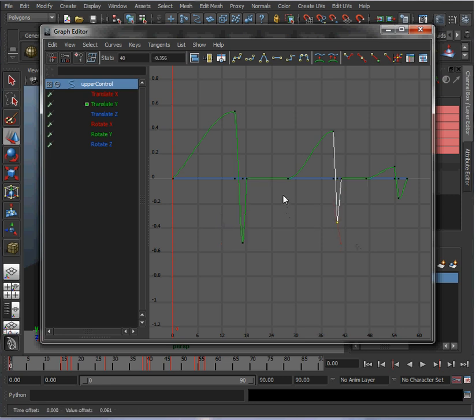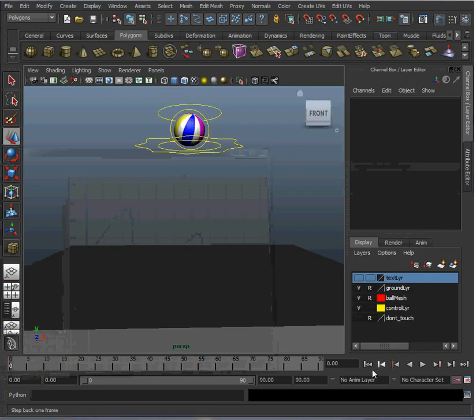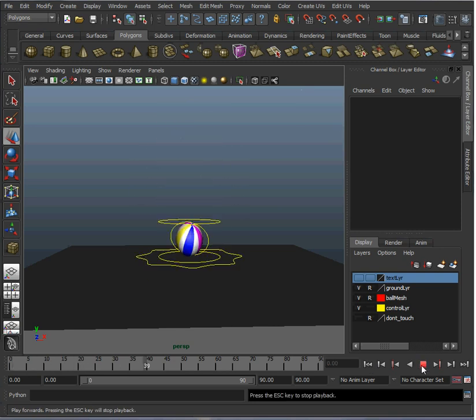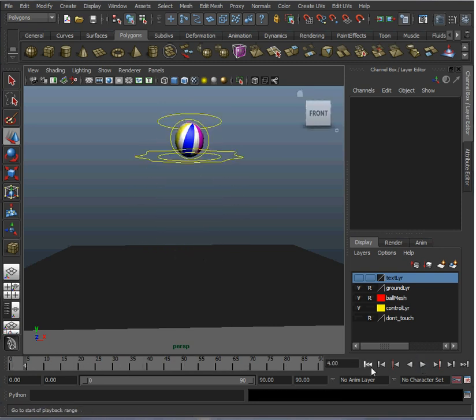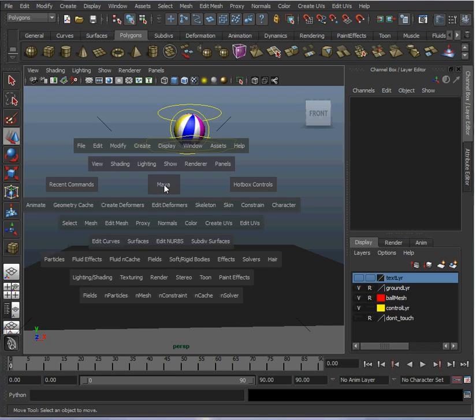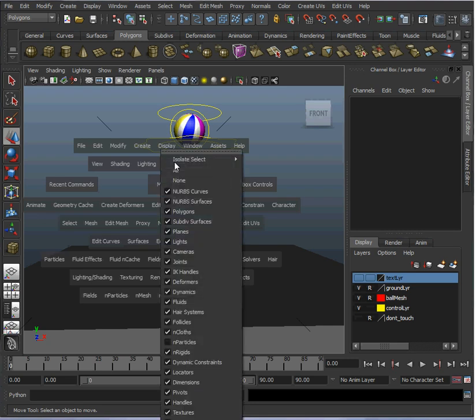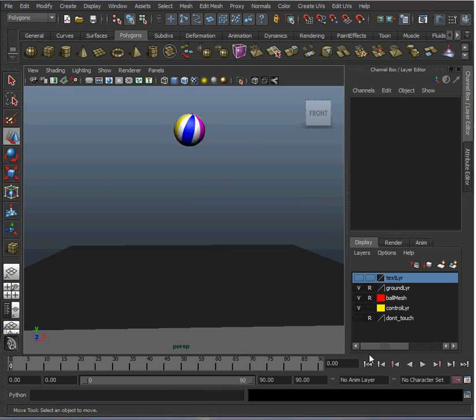I'll make this anticipation less as well, because your motion should decay as it goes down. Let's give it one final look. That's not bad. We can turn off our NURBS curves under show and then turn off NURBS curves to see it without the controllers on it. So that's not bad up and down. The next step, we're going to have it go across the screen in X and do a little bit of rotation, have it roll as well.